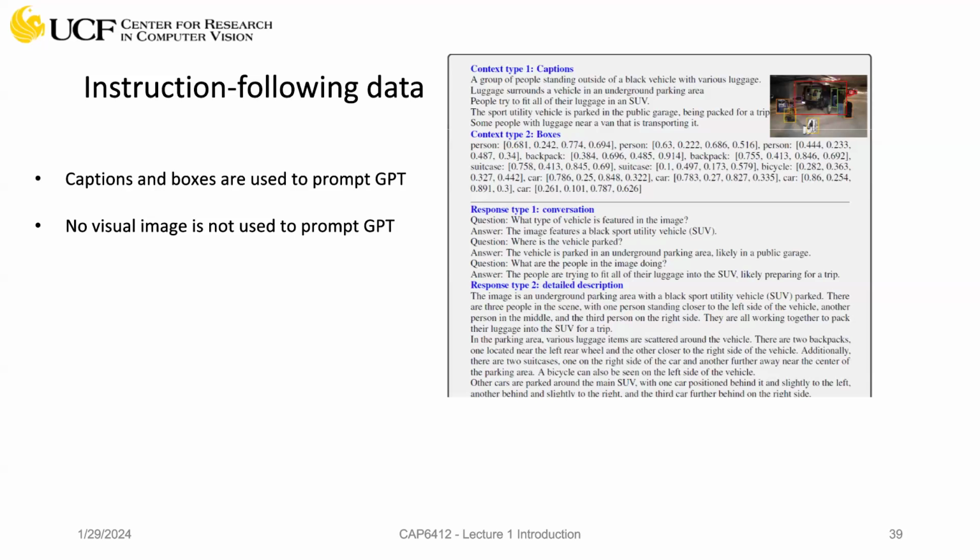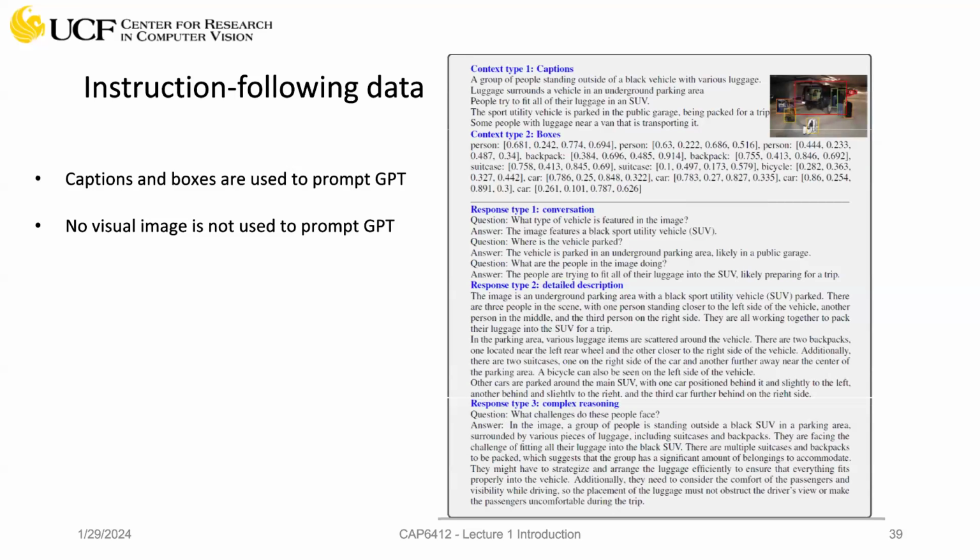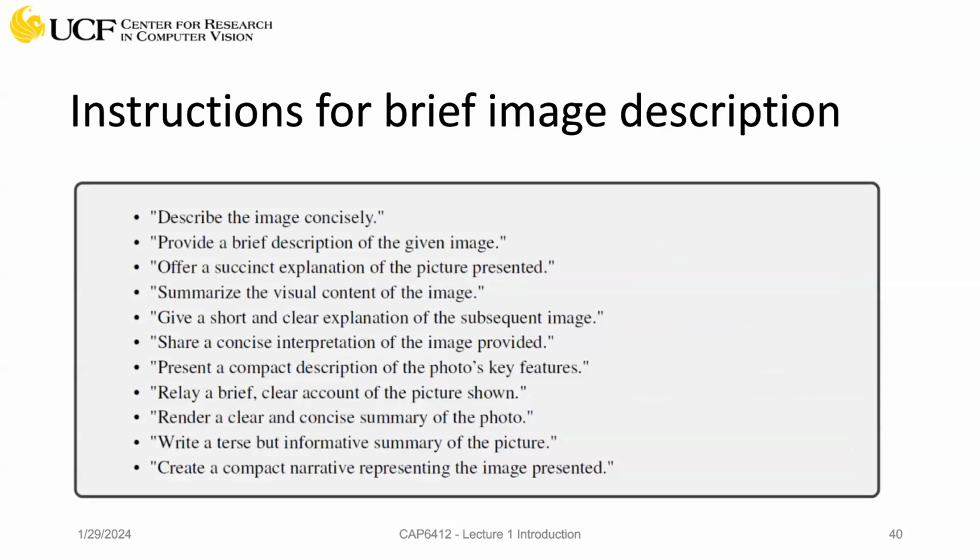From this, then, this is a complex reasoning. What challenges do these people face, and it can talk about the SUVs, and there are multiple suitcases and all this. Okay, so they came up with different ways of